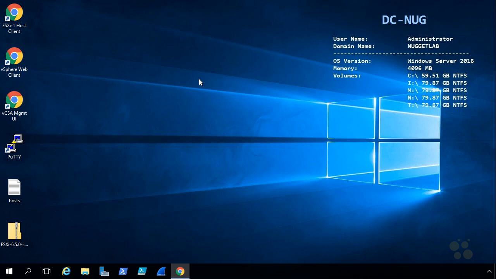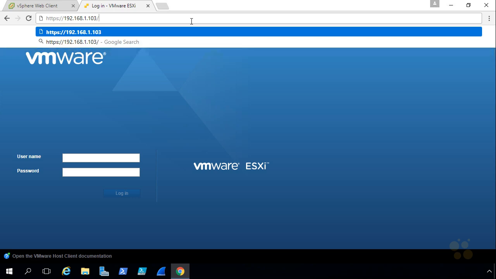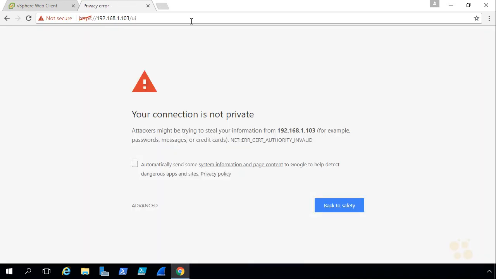Another option that will not work in lockdown mode is the host client. For example, we have a shortcut here on the desktop in the upper left for ESXi1 host client. If we double click on that just to get the URL up, and then we replace the tail end of it, instead of going to 101, let's go to 103/UI, which is the URL we're going to use for the host client from our PC going over to ESXi3. So with that URL in place,